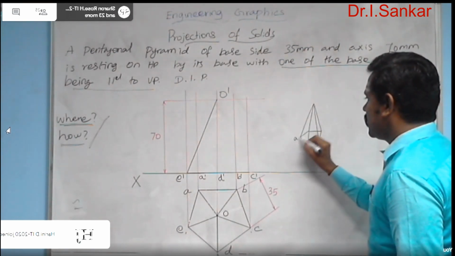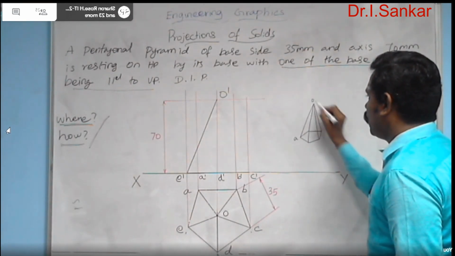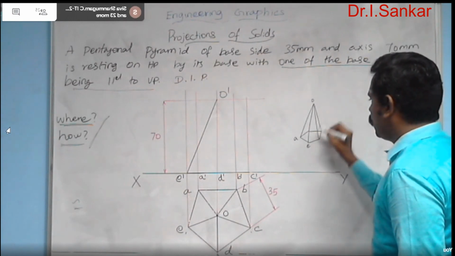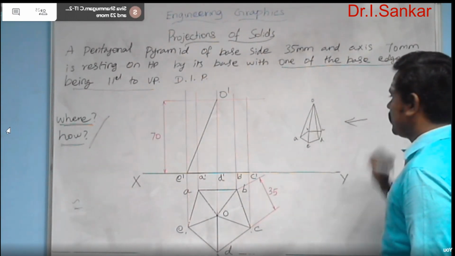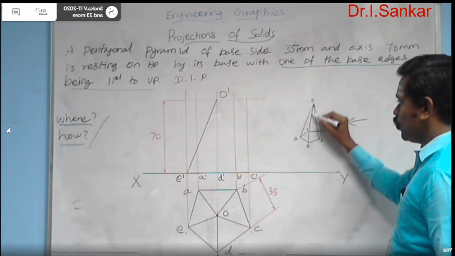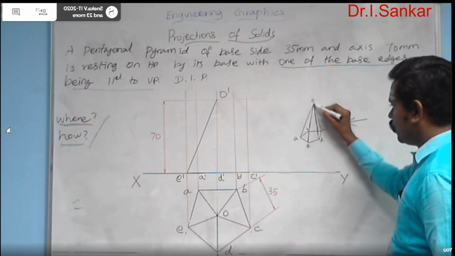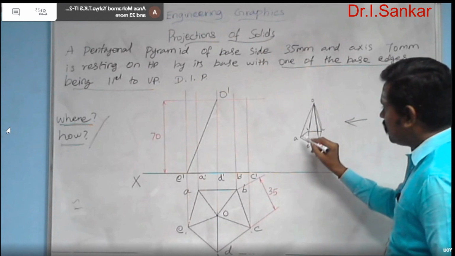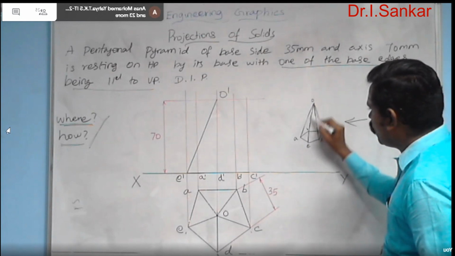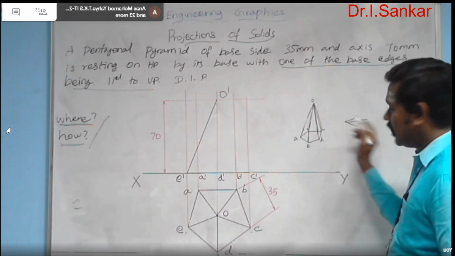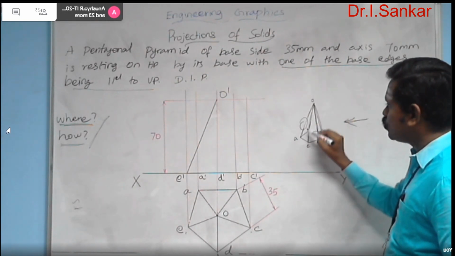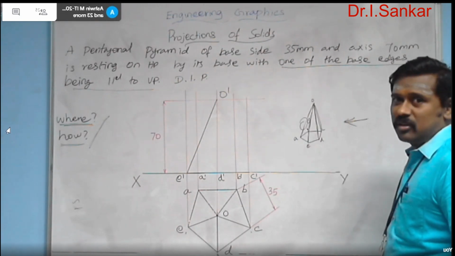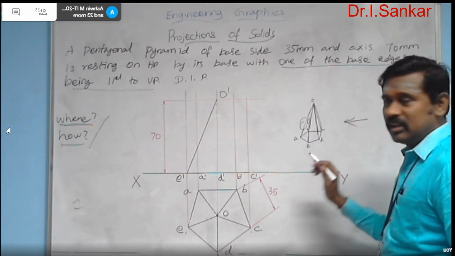This is A and O. It is E and O. And there B, C, D. I am seeing the object from the front. So the edges OE, OD and OC are visible to my eyes, but the edges OA and OB are on the back side of the object. I am looking at the object from the front side, so it is not possible for me to directly see the edges OA and OB in this resting condition.